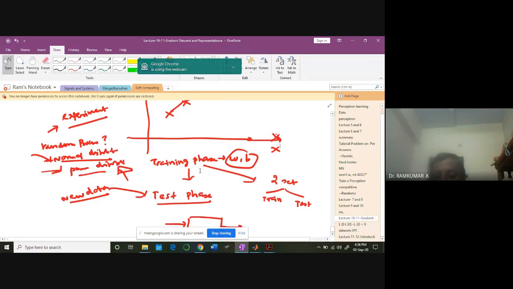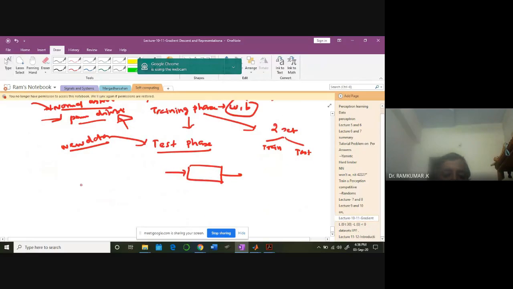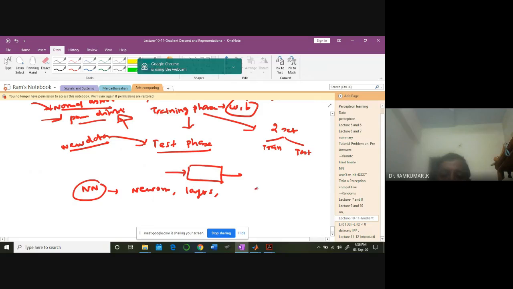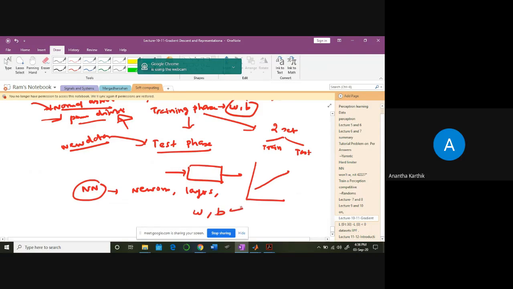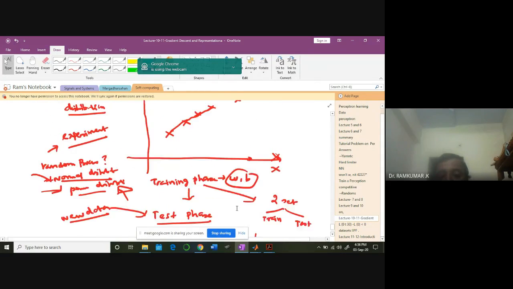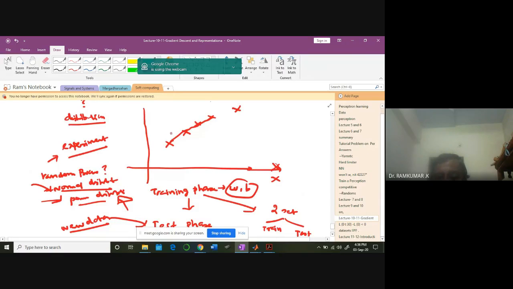The fundamental problem is, first of all, we don't know what kind of network we are talking about, how many neurons we should have. All these are trial and error. How many layers we need to have. If it is going to be a line in a two-dimensional thing, we need only one weight and one bias. If we start with that, naturally we'll take one neuron with one weight and one bias, and finish up the work. But the data we have collected is only from this region.